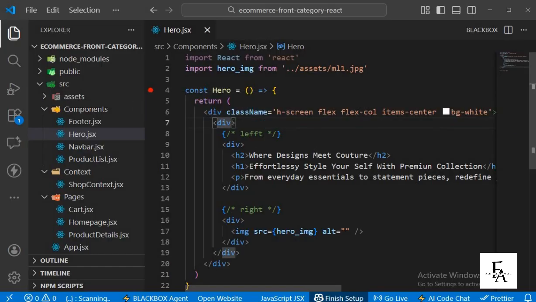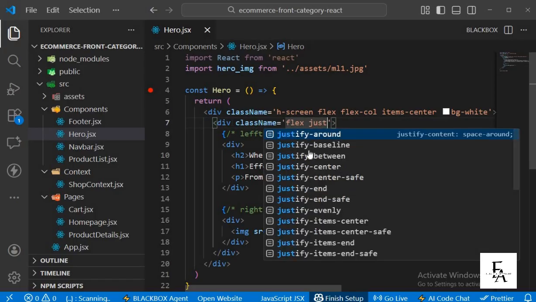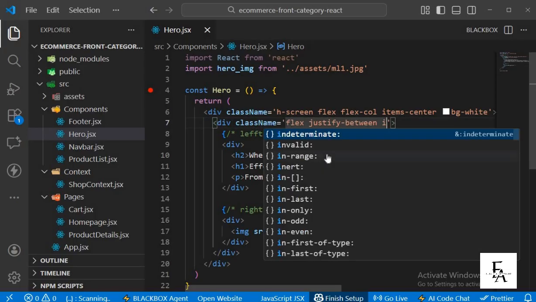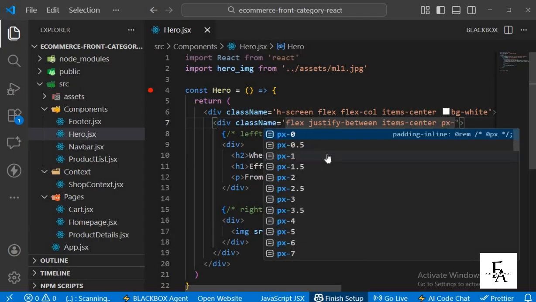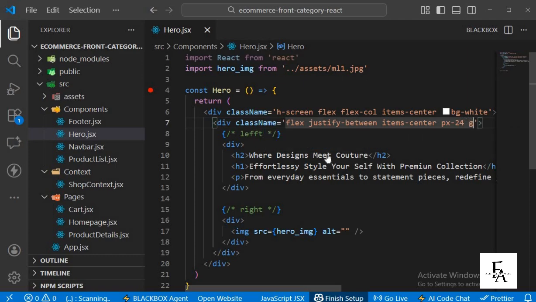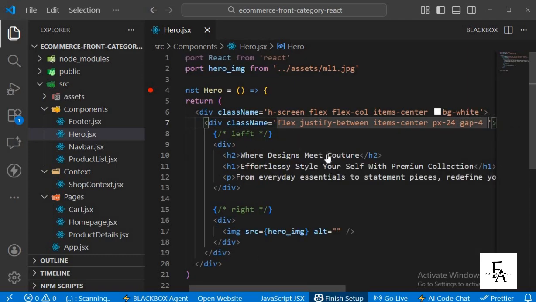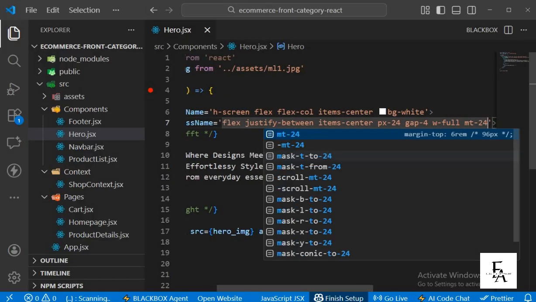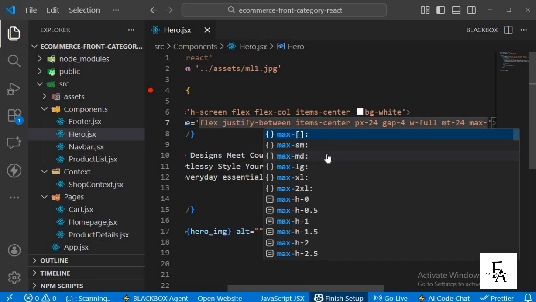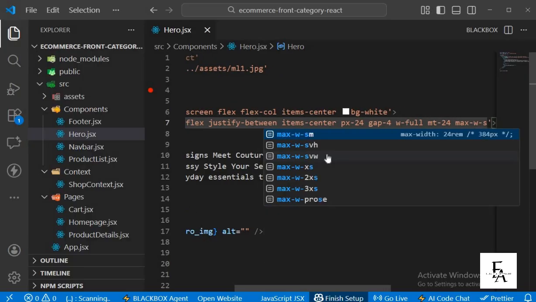Then this div tag here as well, display flex, justify space between, items at the center, padding of 24 on the horizontal axis, gap of 4, we'll set the width to full, margin top of 24, max width will be screen,